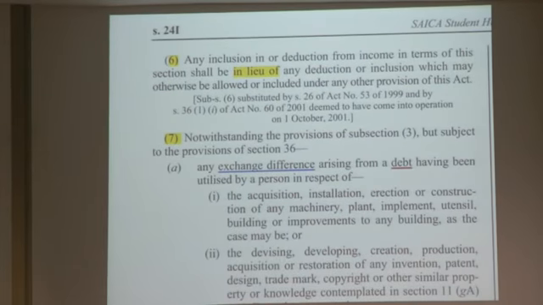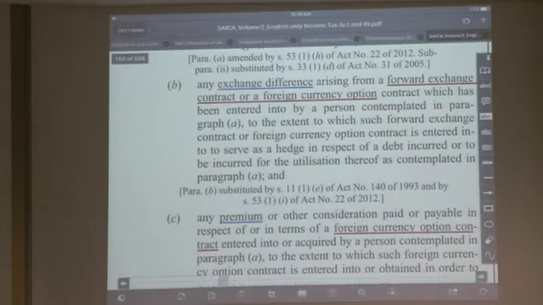Okay. The next provision in 24I is sub 6. It says any inclusion in or deduction from income in terms of this section shall be in lieu of, that means in place of, any deduction or inclusion which may be otherwise allowed under another provision of the Act. So that means 24I gets preference. And the example that I've shown you on the mind map,